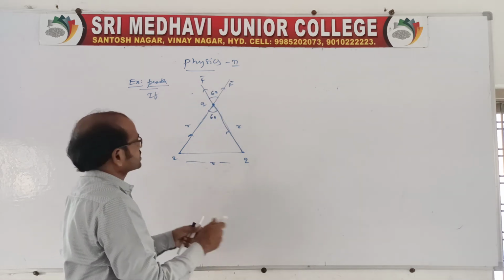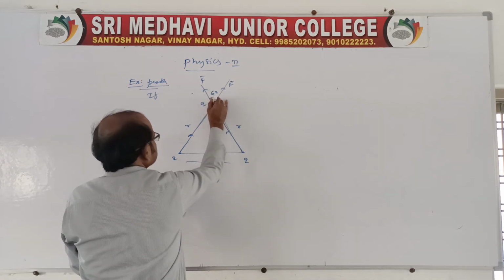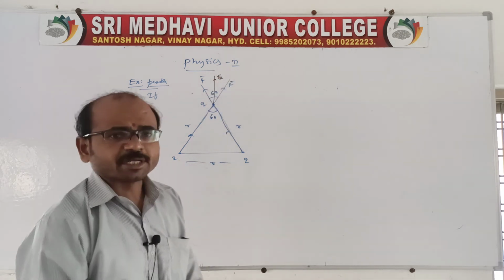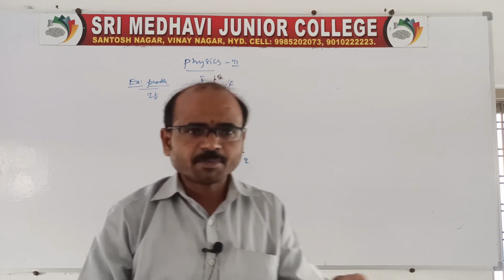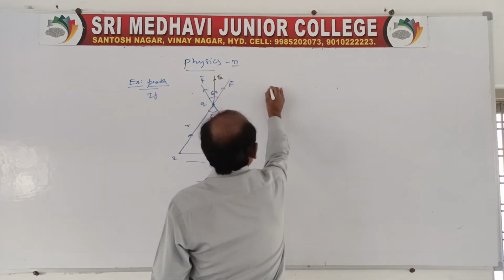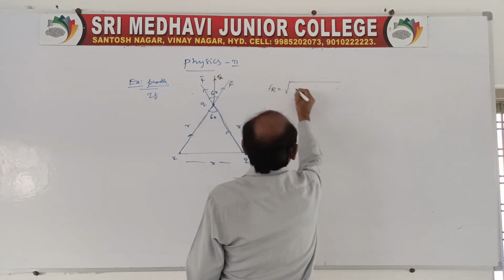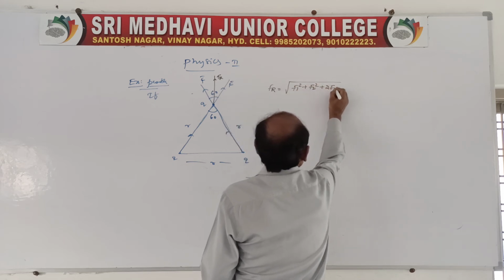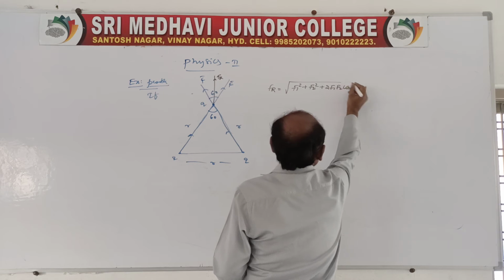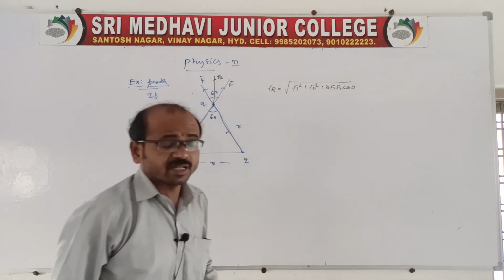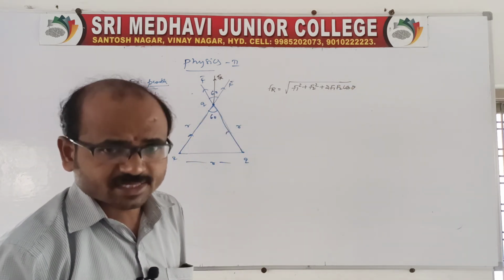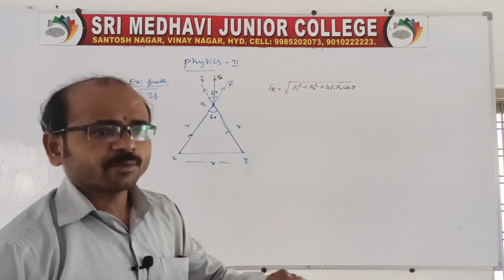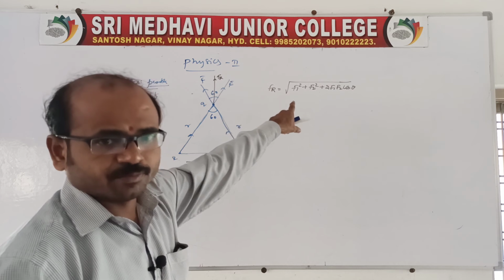For these two forces, the resultant, or net force, will be represented maybe like this. According to the principle of superposition, the sum of all forces gives a single force, but it is a vector, no? So we can take F1 square plus F2 square plus 2F1F2 cos theta, which is a very, very important problem. It is given in our material as an example problem, and in our Telugu Academy book also it is given as an example problem, right?